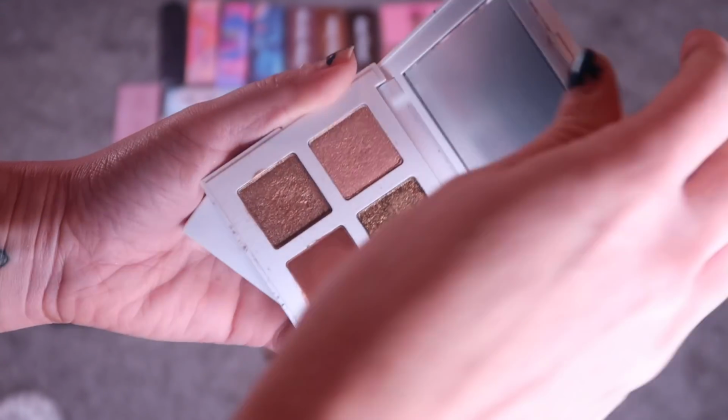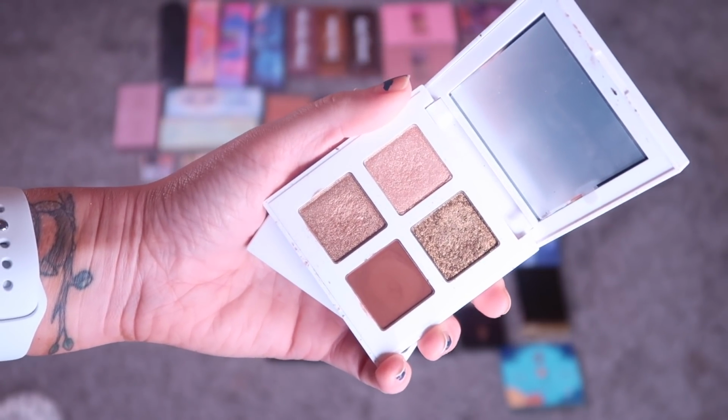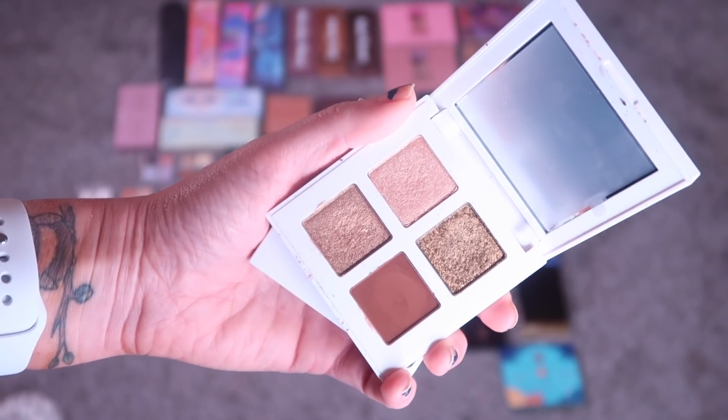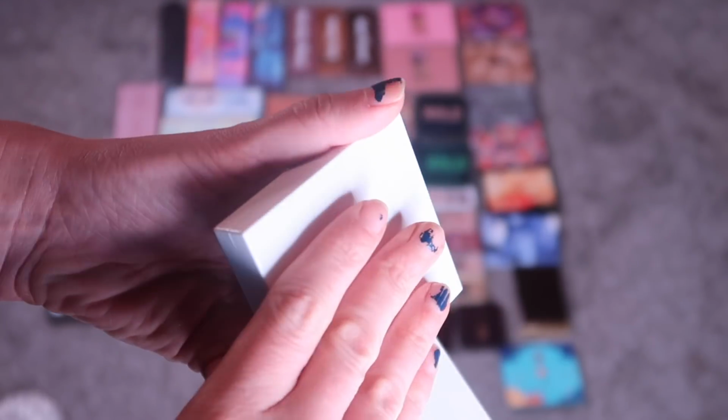So up first, I have the Bronzy Glam palette, which I really enjoy. I think this is just a really fun, easy to use palette, really nice for a complimentary palette as well. I think the quality is good, and I will be keeping this,